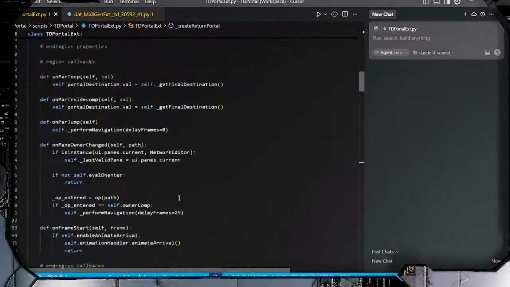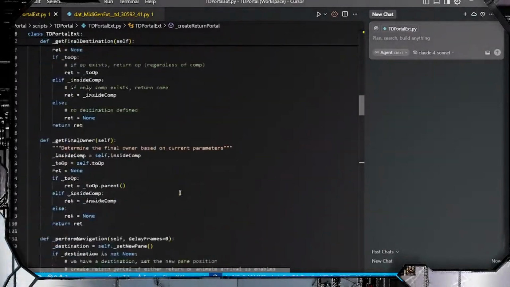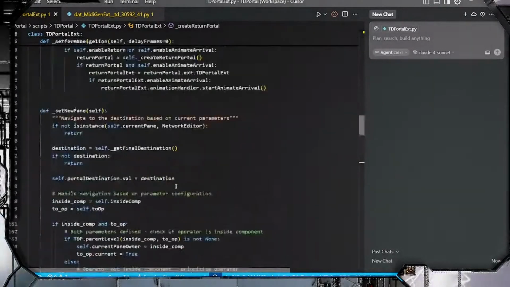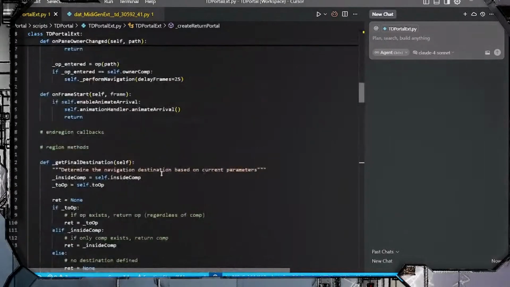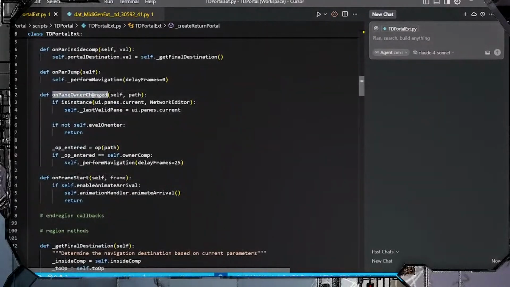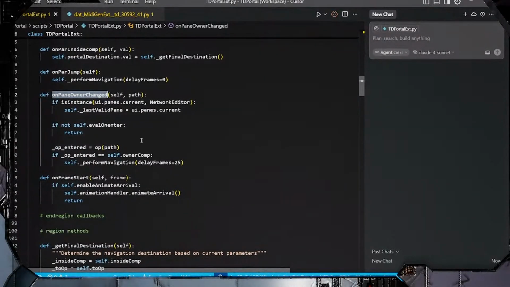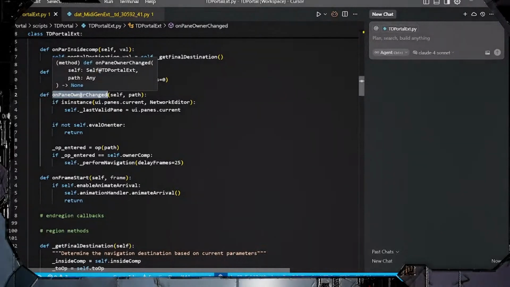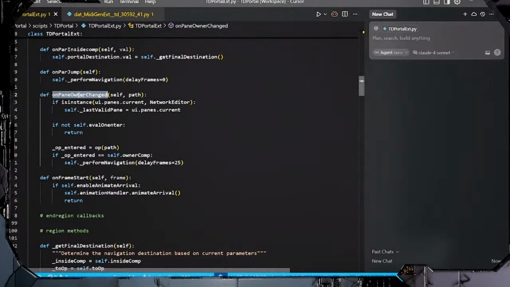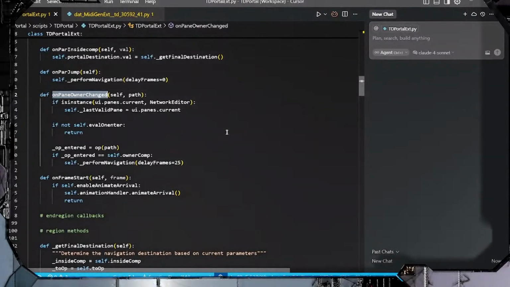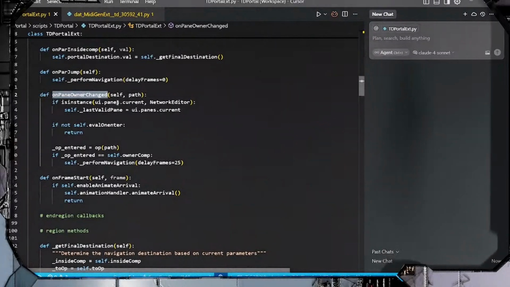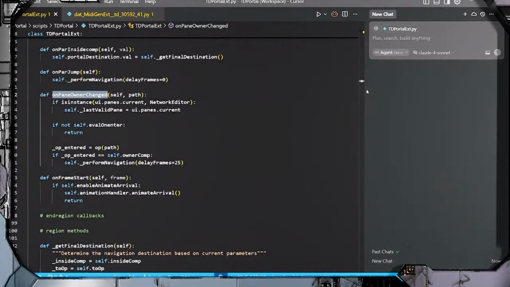So for example, I have on pane owner changed. This is when I navigate around the network with a chop, like an op execute, this gets called, and I don't write the code in the op execute or the chop execute itself. I just call a function to my extension, and then all my code